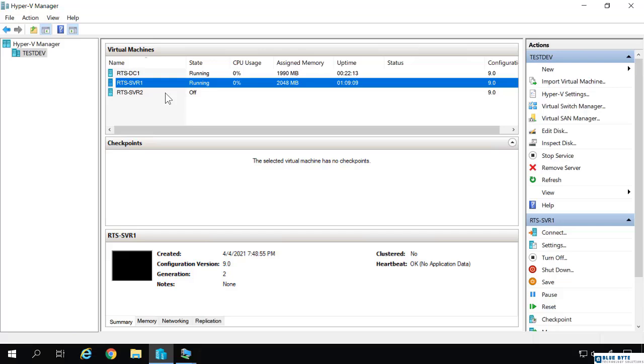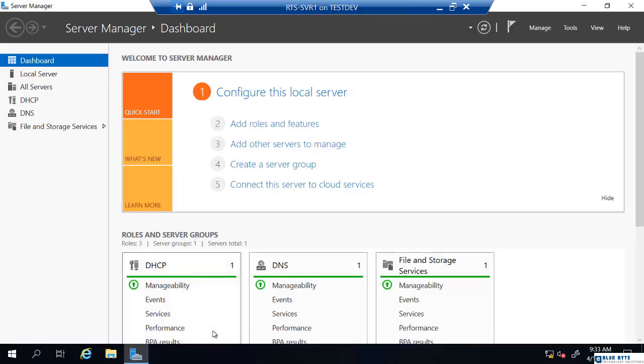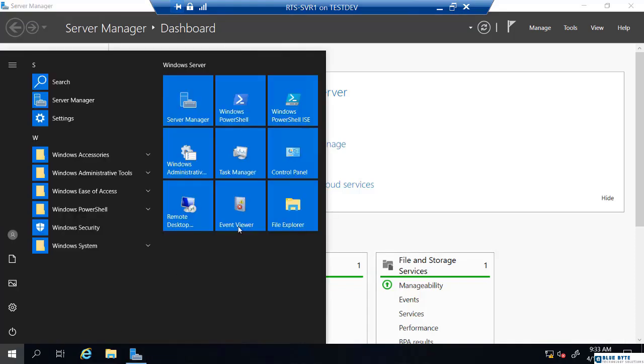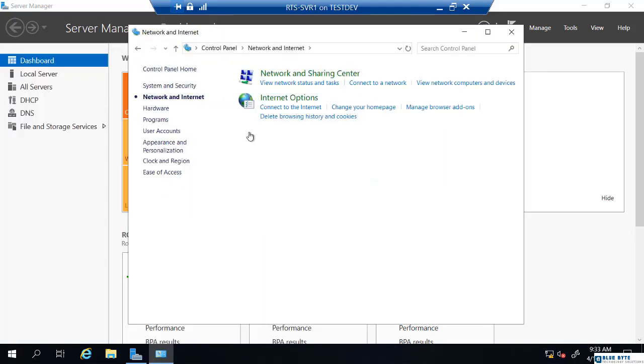Now to verify that our VPN actually works, I'm going to switch to my machine RTS Serve 1. Everything we just set up was on RTS-DC1. So we're going to attempt to connect from RTS Serve 1, and it's just going to act as our VPN client. Now to do that, and it's the same if you're on Windows 10, you can go to Control Panel, and if you open the Network and Sharing Center,